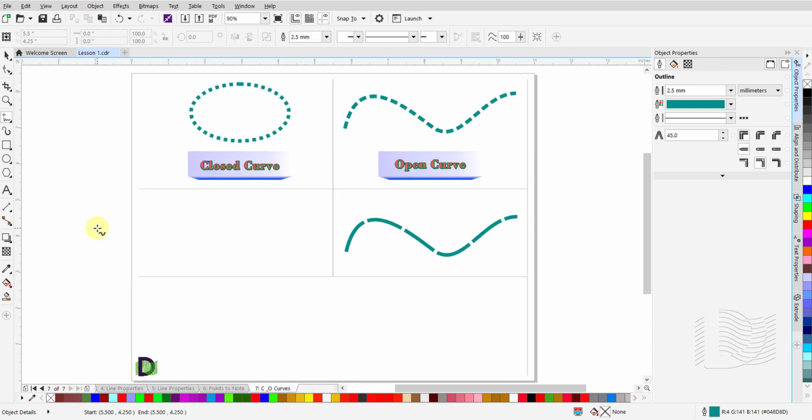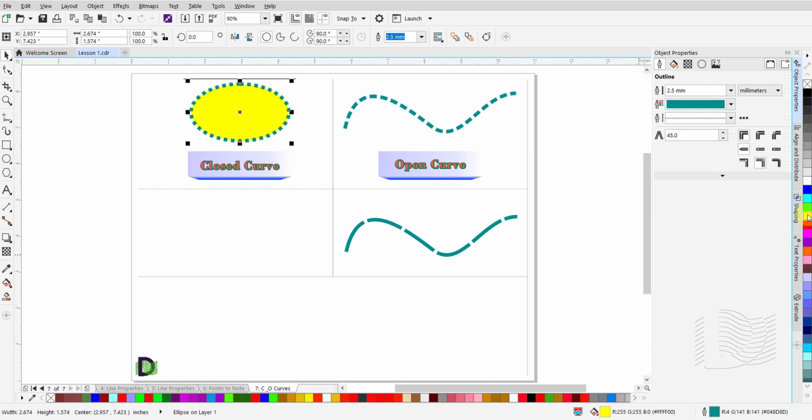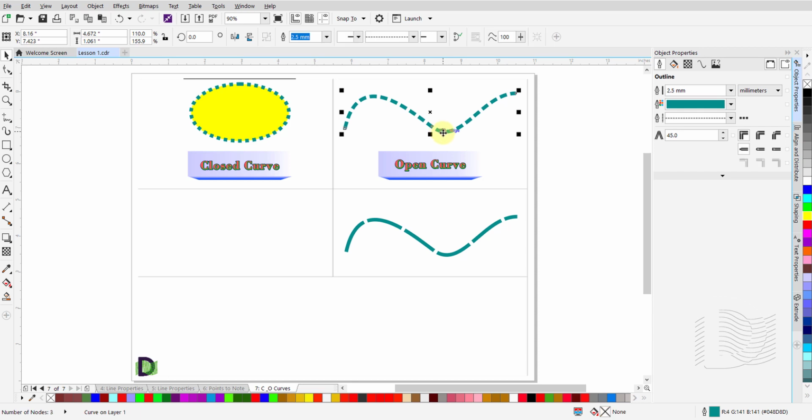Before we proceed further, I'd like to briefly talk about the two types of curves. There are the closed curves and open curves. The first drawing shows a closed curve, and the second is an open curve. You can do a color fill on a closed curve. Select it using the Pick tool, and then click on a color of your choice from the color docker. Now use the Pick tool to select the open curve and click on a color of your choice from the color docker. You are unable to do a color fill.